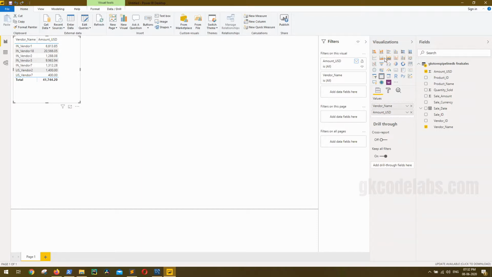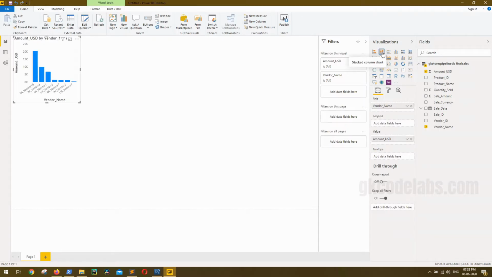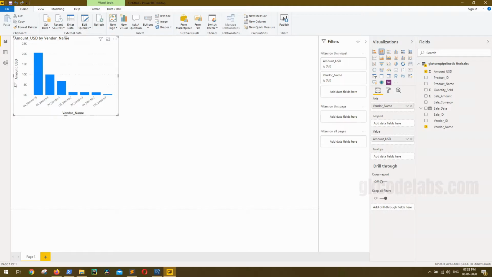So let's try a few of them. Let's try the normal stacked column chart. So here you can see very nicely we have got the vendor name against amount USD. Currently we can see vendor 18, IN, has done the most amount of sales, that is 20,566.